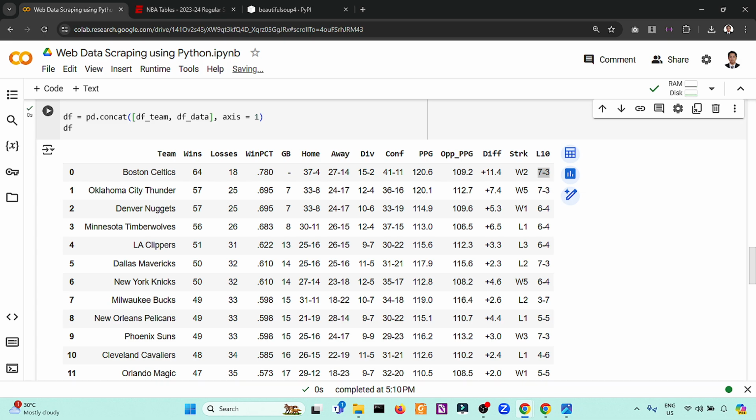We will not stop from here as we will process the data more, because if you want some form of analysis from here, this cannot be understood by any algorithm. This 37-4 is a string. So what we'd like to do is to separate the 37 wins and the 4 losses.